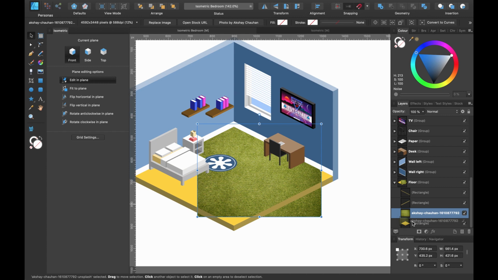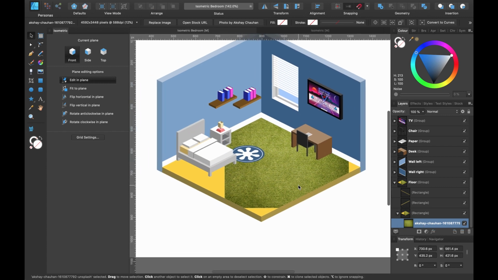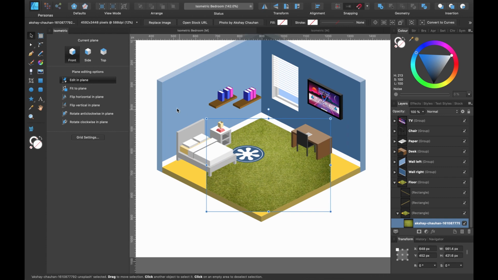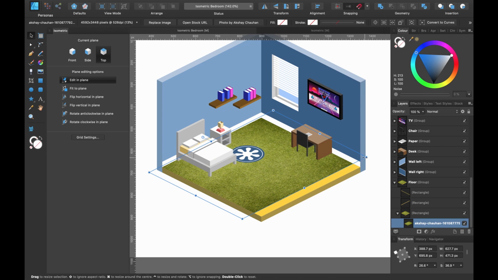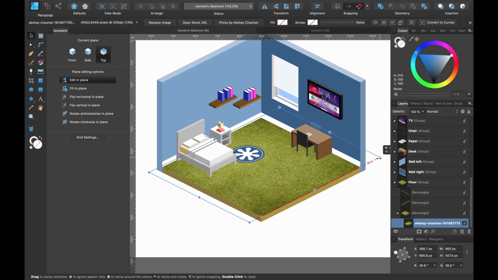In fact, I'm going to clip it inside the floor. Okay, now it's in here. I can head on over to fit to plane, but I'm going to make sure I'm on top. I'll press fit to plane, and now it's fit like that. So you could just drag it out and make it slightly bigger if you wanted.